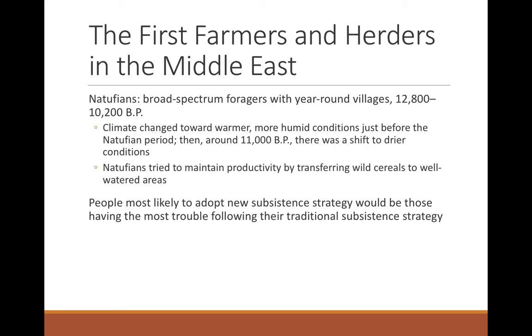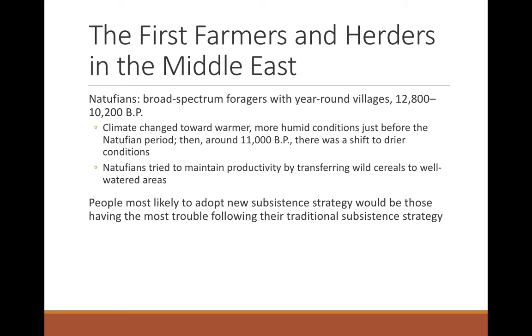Right towards the beginning of the Natufian period, the climate changed, allowing for the development of sedentism and broad spectrum foraging. About 11,000 years ago, the environment changed again with a shift towards drier conditions. This shift towards drier conditions followed these population increases that were fueled by no longer being nomadic. And so Natufians, by this point, had bigger families and needed to innovate technology in ways to maintain productivity after these drying trends set in.